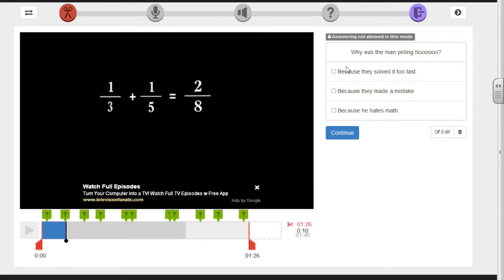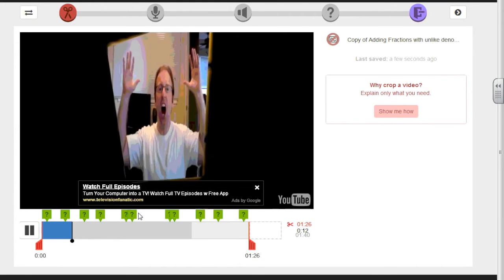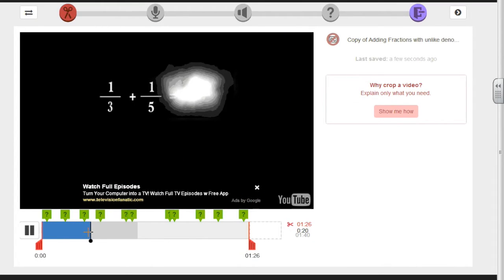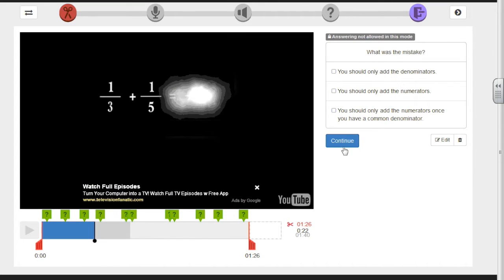And now here, why was the man yelling no? I don't know if you could hear the audio, but there was a man screaming no. So they would have to figure out, why is that guy yelling no? And then continue. And then it goes on. They have to identify the problem. They have to figure out what was the mistake and keep going. So it's just a way for you to spot check and then make sure they're understanding the video as they're